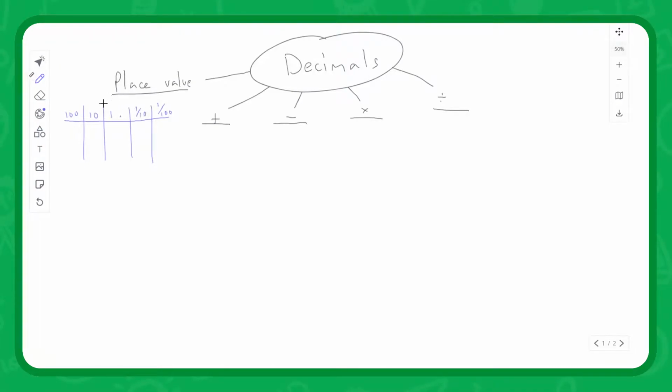What do we mean by place value? All this means is that each column has its own kind of multiplier, right? So this is our hundreds column, our tens column, our units column, our tenths column, and our hundredths column. So we could have an example. Let's say we've got, say,